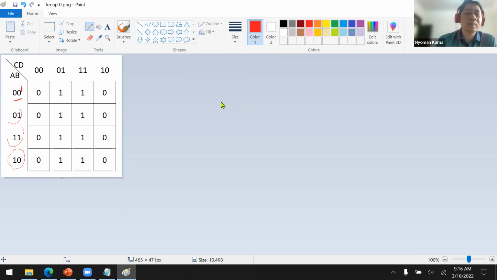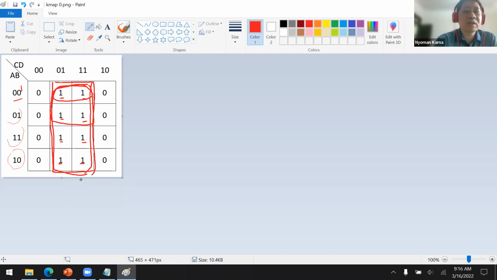Now, the first thing to do is to find the active cells. Okay, this is the active cell, active cell, active cell, active cell, active cell, active cell, active cell, and this one. Can we create a big group? Yes. This one, for example. Can we make a bigger group? Yes, of course. This is the bigger group. Can we make bigger? Yes. We can create this bigger group. Can we make bigger? No, because the rest of the cells are 0. It's not active. So this is our group.